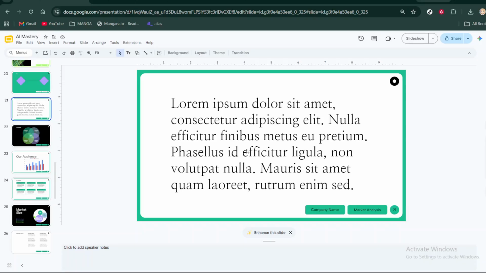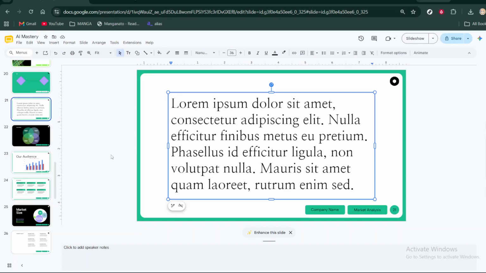You need to pick what you want to be clickable. This could be a single word, a whole sentence, or even an image like a button or a shape. The reason this step is so important is that Google Slides needs to know exactly where the link should live. If you do not select anything, the link option will stay grayed out and you will not be able to click it. So go ahead and click on the text box or the object that you want to turn into